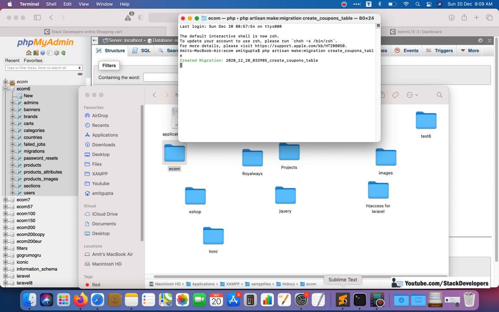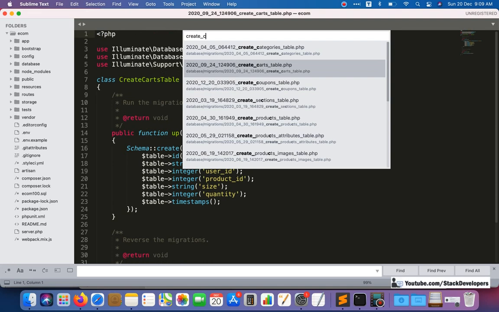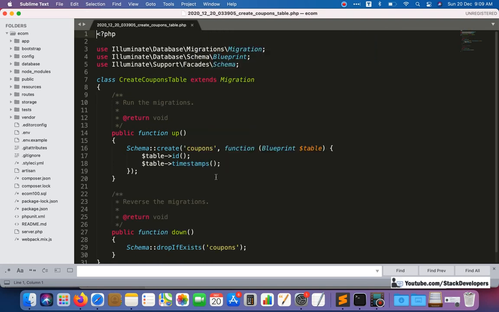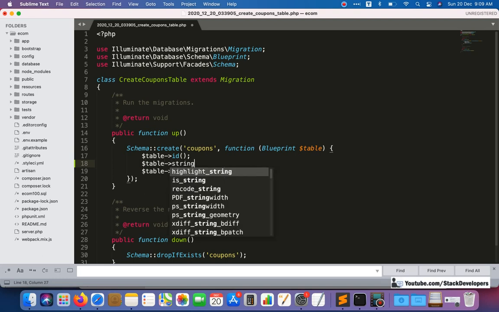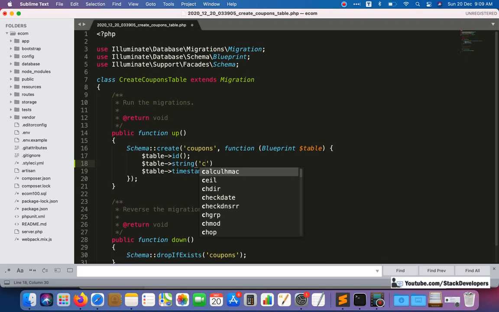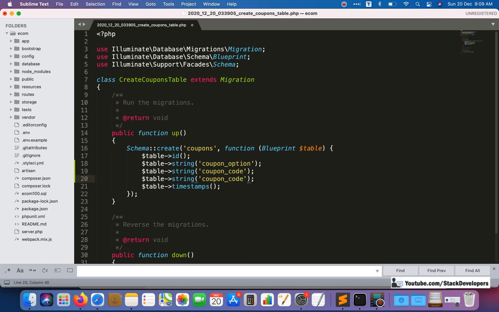So our file will get created. I can open the file here, create coupons table. Here I am going to add the columns that I have already mentioned. First column is a string: the coupon option, and after that there will be the coupon code, and after that there will be categories.